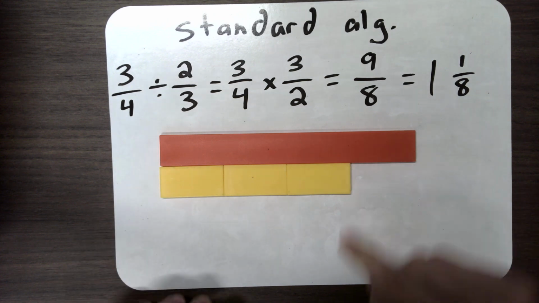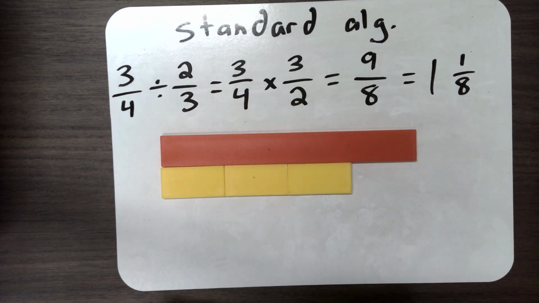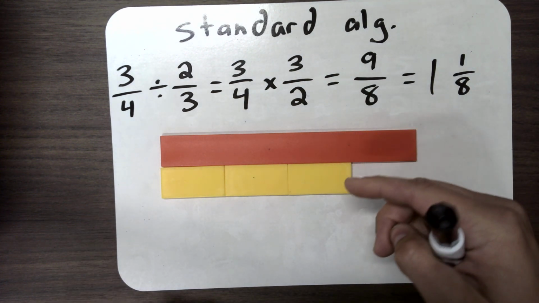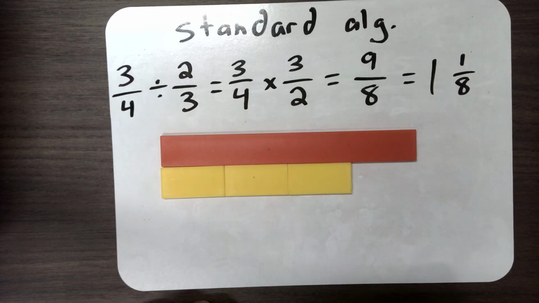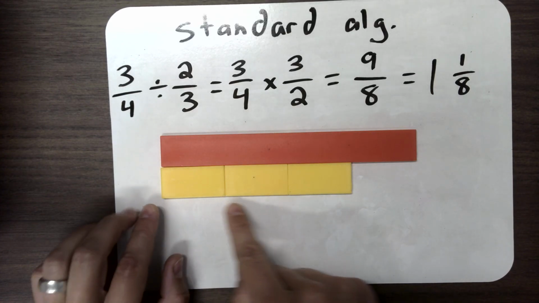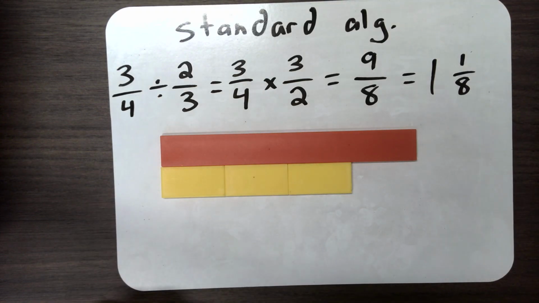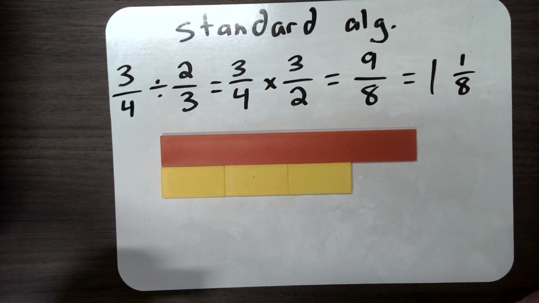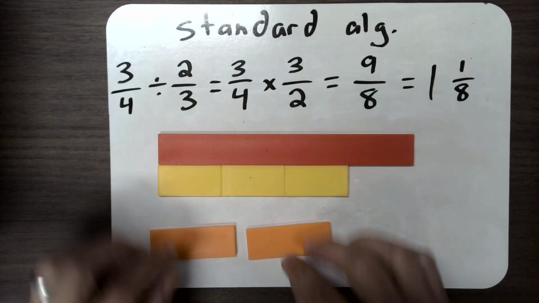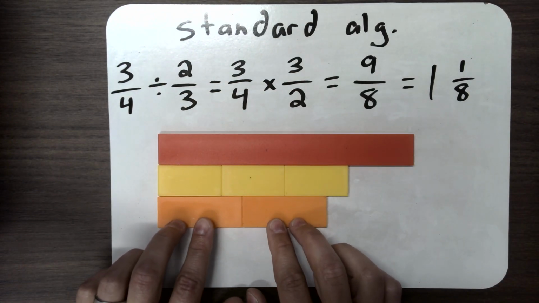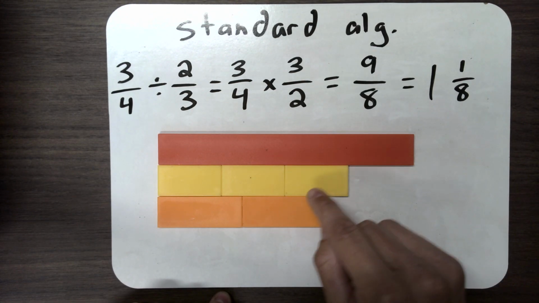Okay, so we'll use this model to explain why we're able to just flip that fraction and change our sign from division to multiplication. So we have 3/4, this is our starting amount, and we want to divide this into groups with a size of 2/3. If we take our 2/3 pieces here,